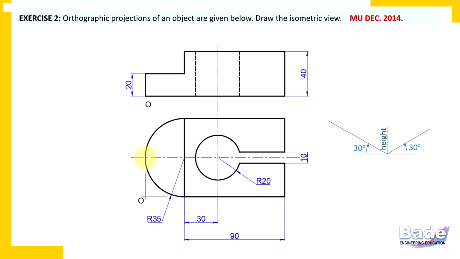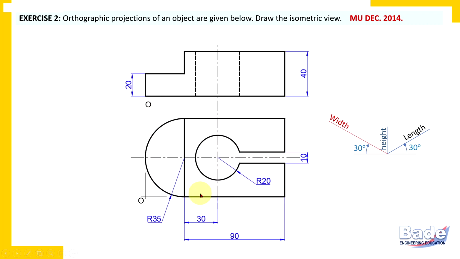That is why don't refer to the side view, refer to the front view and top view and check whether point O is on the right end of the object or the left end of the object. If point O is on the left end of the object, then it means that the left side axis is to be considered as the width axis. So this axis is the width axis, and how have you taken that decision? Check on which side point O is.